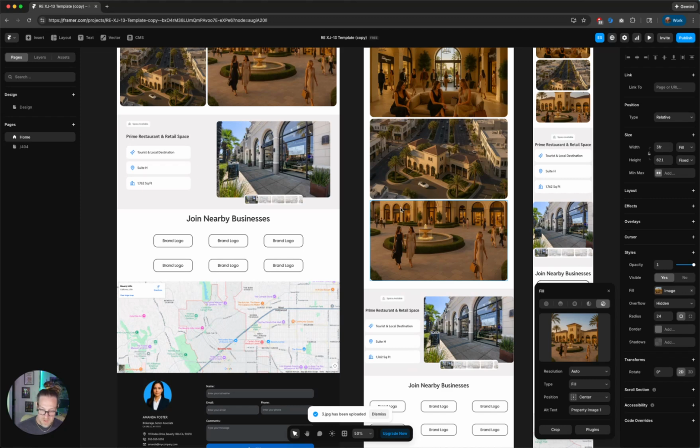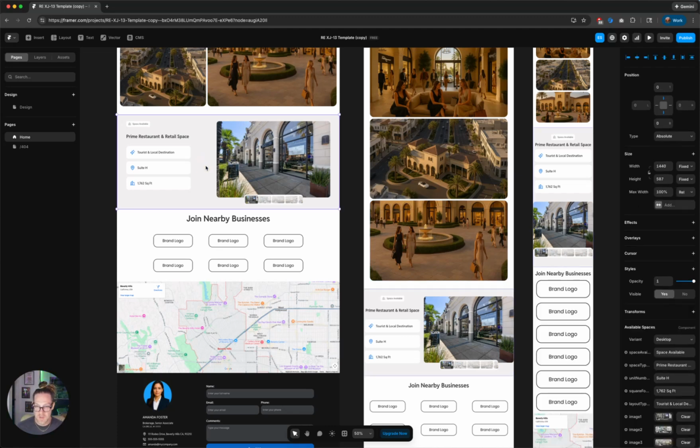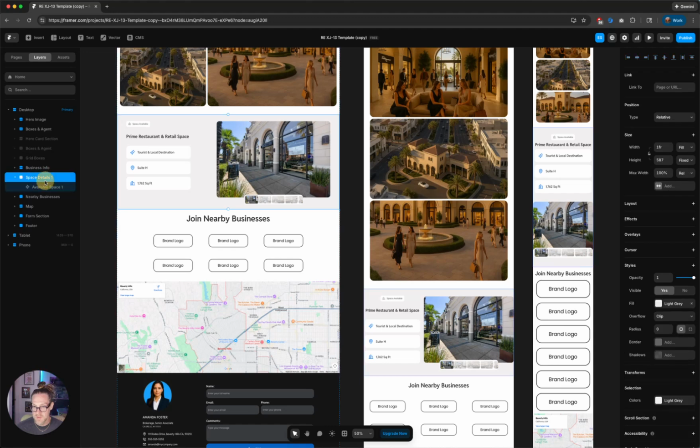Okay, now the components. This is my favorite feature. This is what I've spent a lot of time on here. It's perfect for showing different suites or units in the same building. You could have multiple images, and you can have different spaces. So we built this out as a component here. So check it out. So available space, right? And then when you're in here,